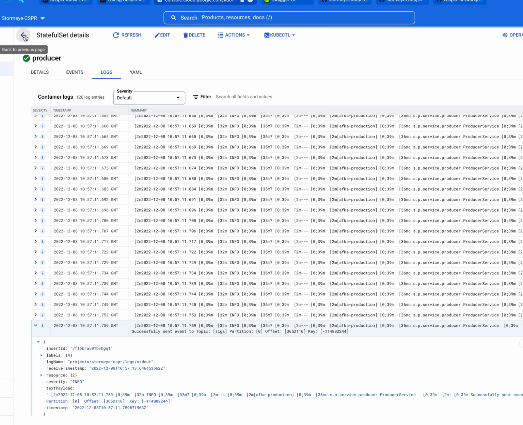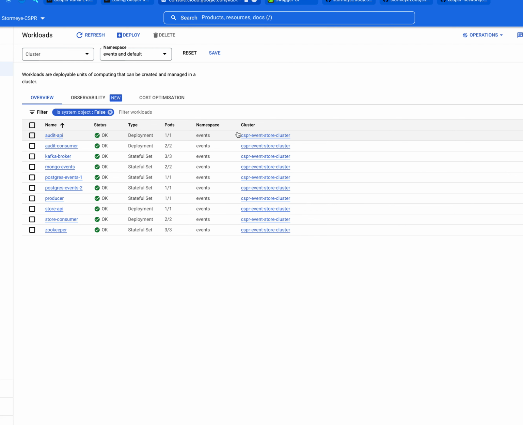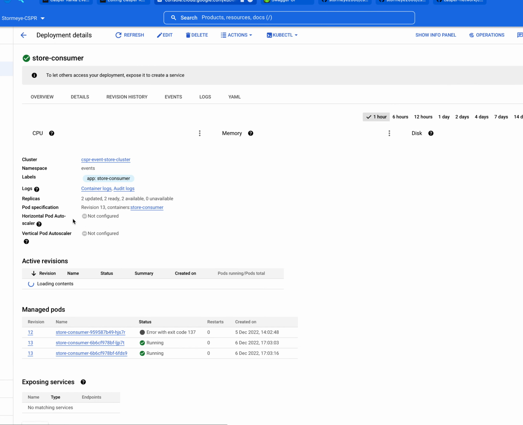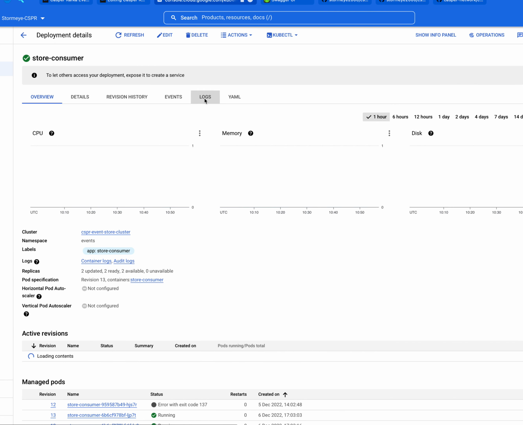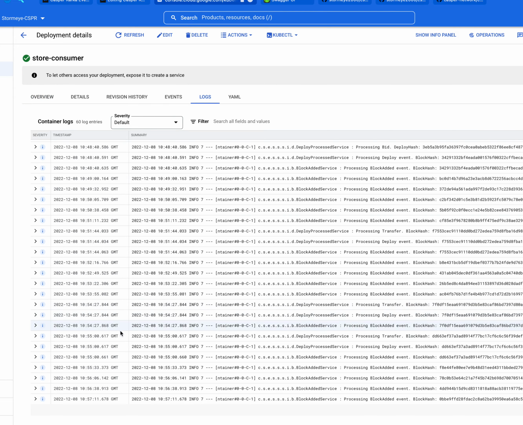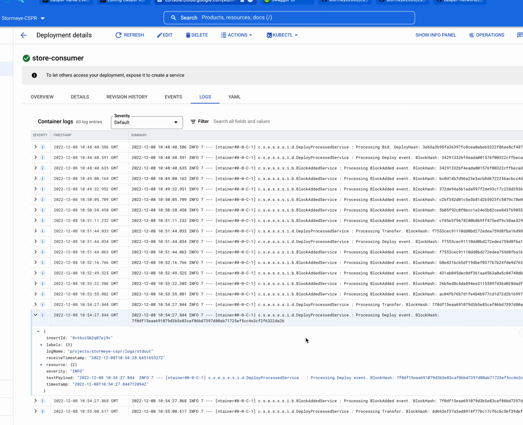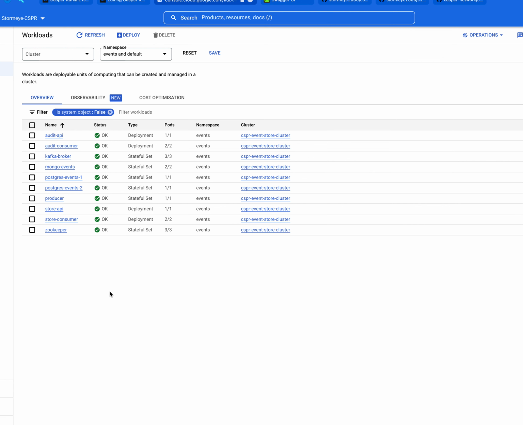And if we have a look at a consumer, we've got the store consumer as mentioned in the previous diagram. This will be reading these events. Again, we can look at the logs, and here we have block added, some transfer events, a deploy event, and if I open up the details there, we can see this has been added to Postgres. So that's our store,